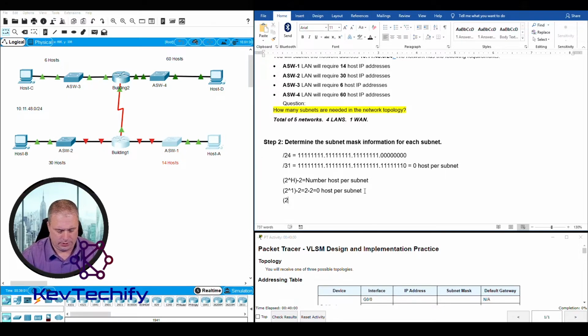2 to how many bits are in the host portion? And that was 2 minus 2. Can't use the first one, can't use the last one. That gives us 2 to the 2 minus 2, which is 4 minus 2. That equals 2, and that's hosts per subnet. That gives us 2 bits in the host portion,